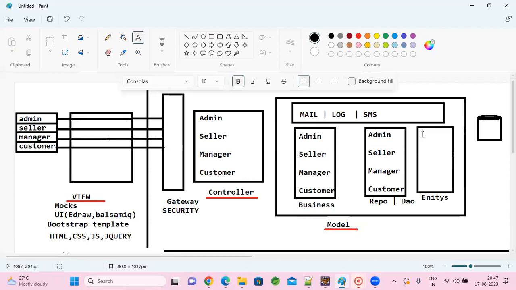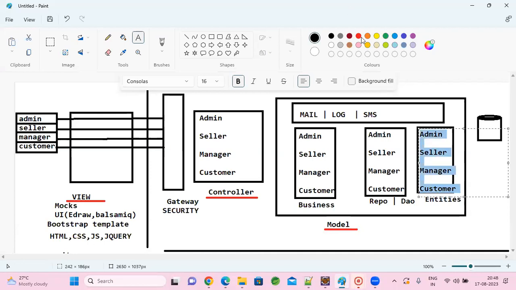Entities: admin entities, seller entities, manager, and customer. We'll maintain them separately. As for the database schema, it's up to you. As we are going to use a single server only, you can use one single schema or else 4 separate schemas.